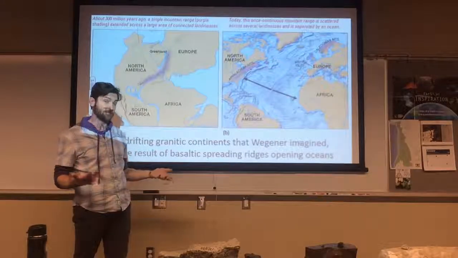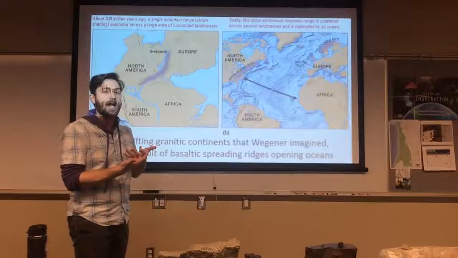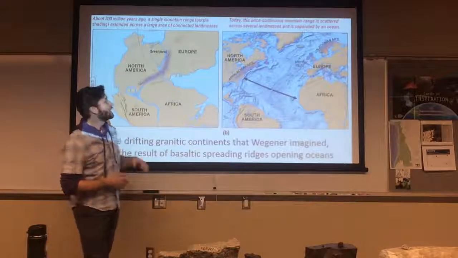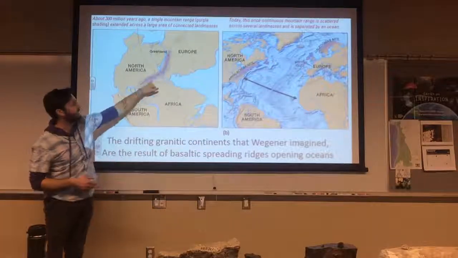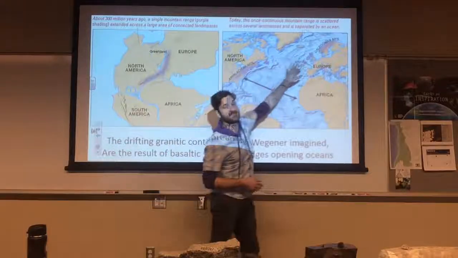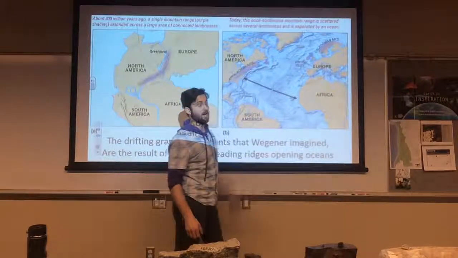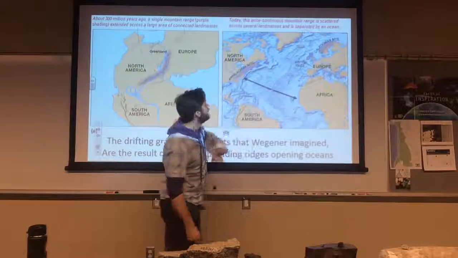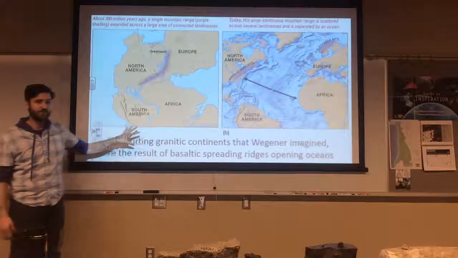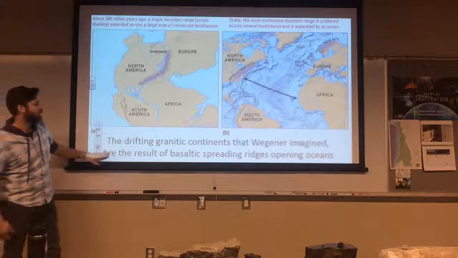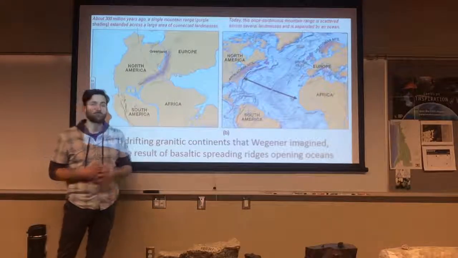He was able to look at metamorphic mountain belts, or what we might refer to now as orogens, that shared commonalities between each of these major land masses. Okay, so he would propose that mountain ranges like the Caledonides and the Appalachian Mountains were actually the same continuous mountain range that had been broken apart on either side of the Atlantic Ocean. Now, Wegener had imagined these drifting granitic continents away from each other, and that the oceans are separated by these more dense basaltic rocks. Okay?